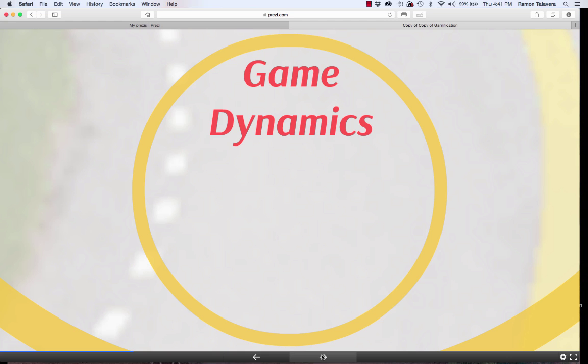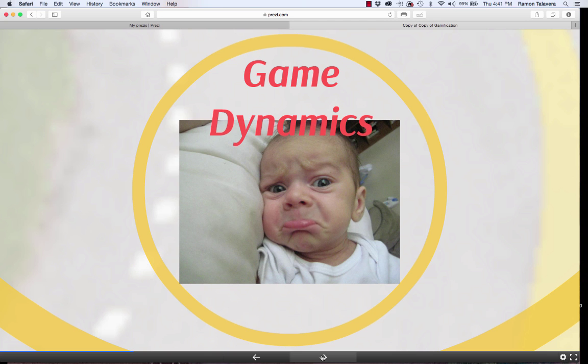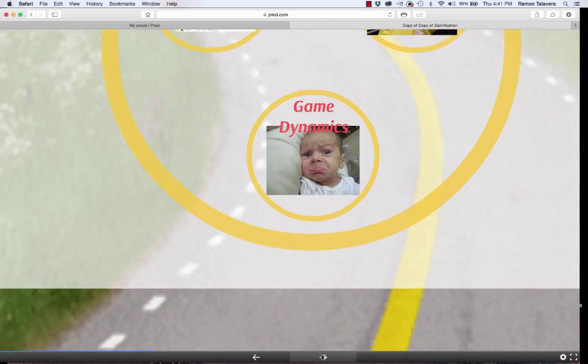Game dynamics refers to the progression in the game, the sense of improvement, and the emergent behaviors. Therefore, the storyline is important because it makes the game logic. Rules and constraints let the players know what to do. Building relationship and any kind of social dynamic is important throughout the game. And of course, game dynamics generate emotions that prompt our players to action.